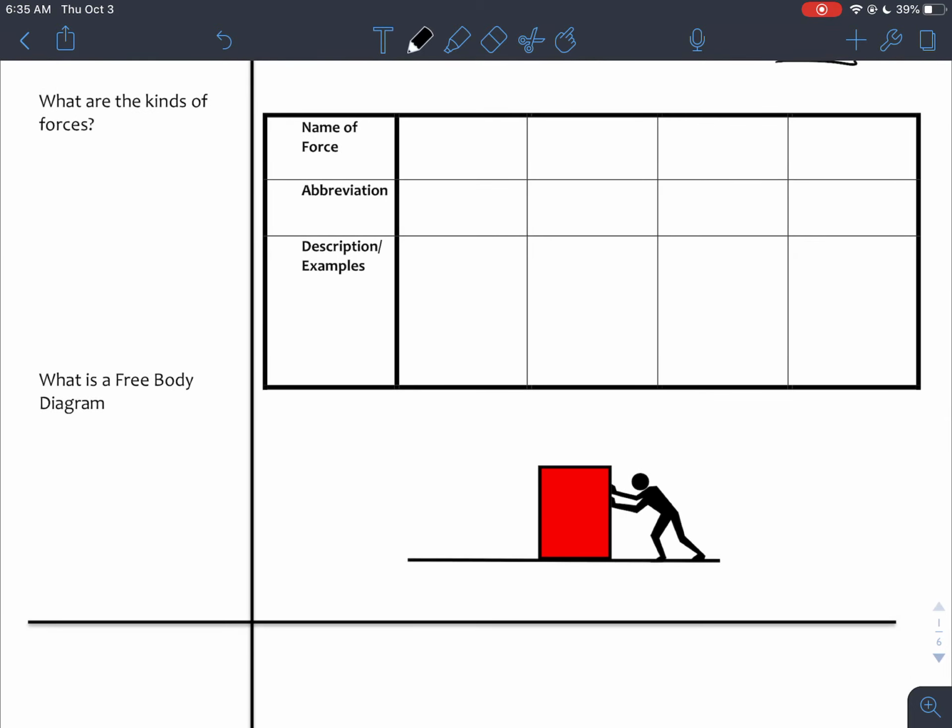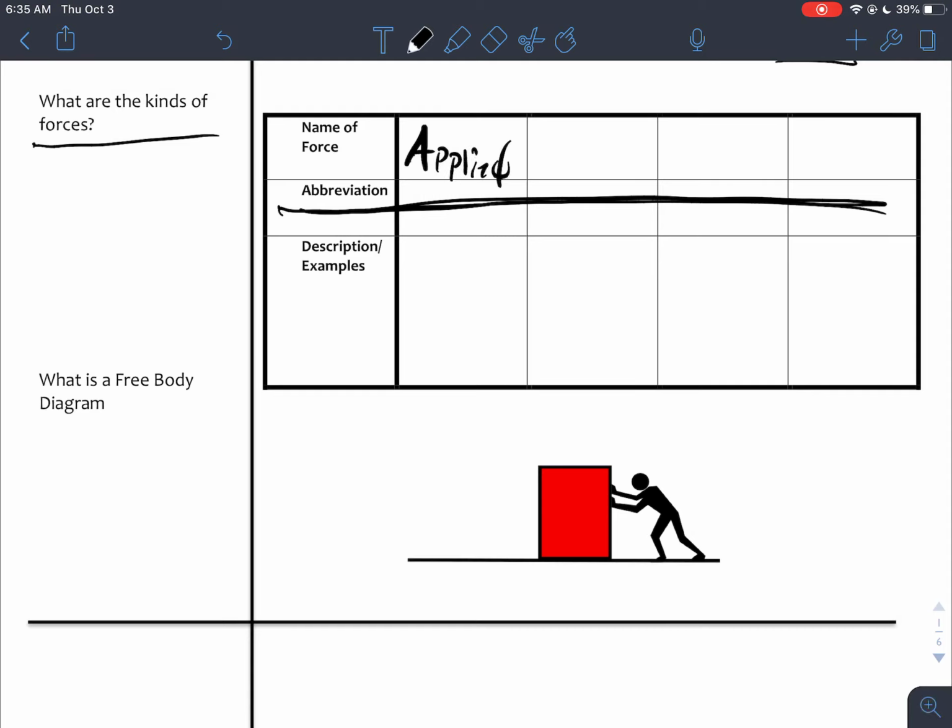Our guiding question on the left side is, what are the kinds of forces? There are 4 we will talk about. You can take your pen or pencil and cross through the abbreviation box. We don't need any of that actually today. The first type of force is the applied force. Please write applied in the upper box. Applied just means anything that a human